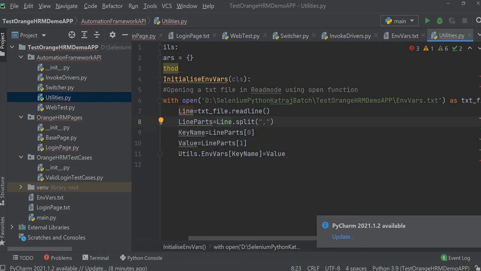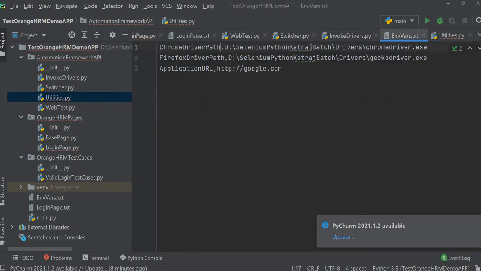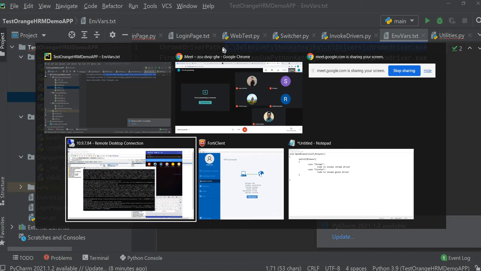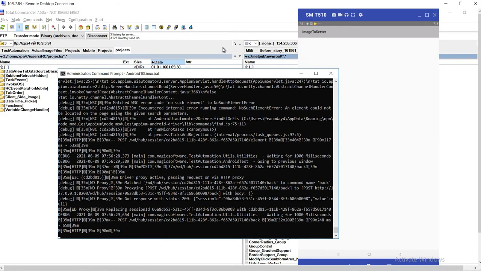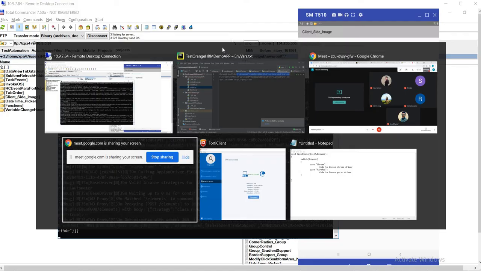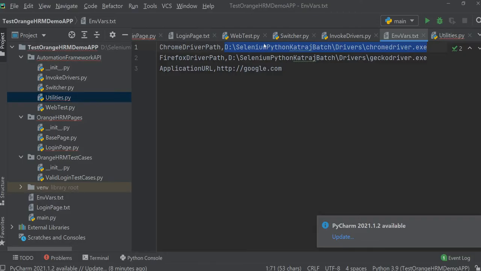In line parts of 0 we will have this, and of 1 we will have this, right? So that's what we have got now.